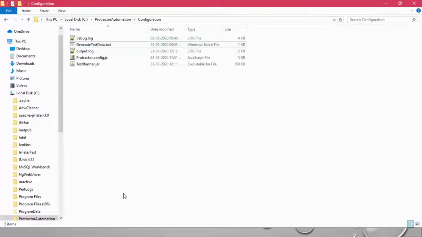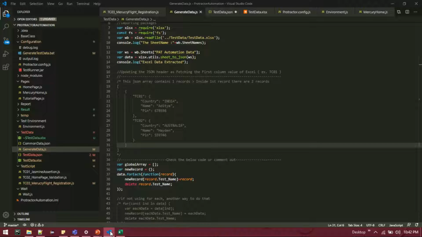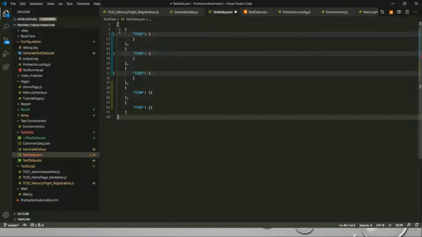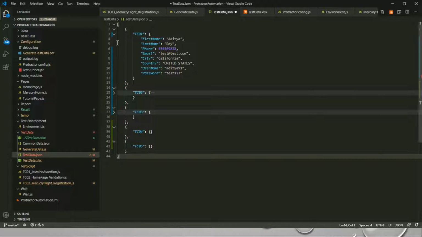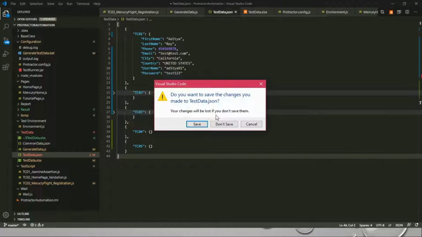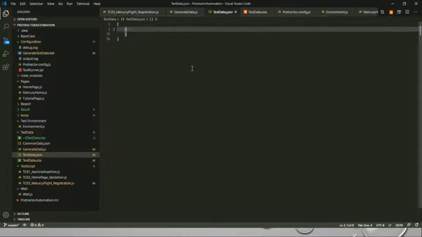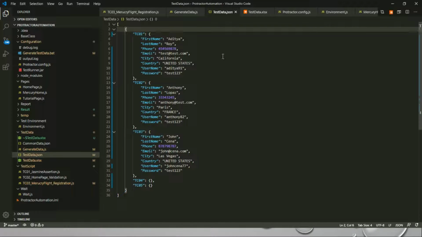It's generated. Just a second, let me open it. Yes, it got generated.